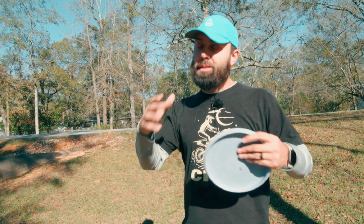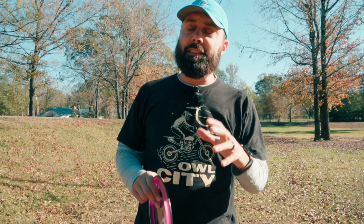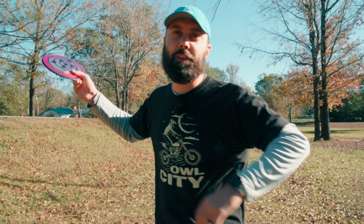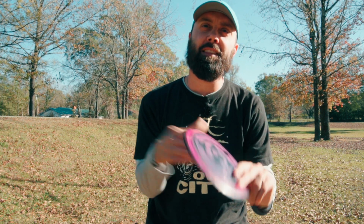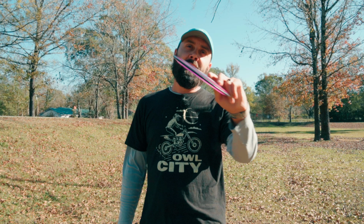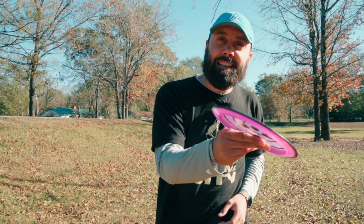But that takes us to our next point, which is I think that you're positioning your finger incorrectly in your grip. An issue that I see tons and tons of people have with their forehands is that they have to have silly overstable discs for forehands, because they're coming through and they're chopping the disc and they're rolling their wrist and they're pulling it into the ground. And so these silly overstable discs allow them to fight out. The problem with this method is that it doesn't allow you to forehand understable discs, and you're probably never going to be able to forehand understable discs,